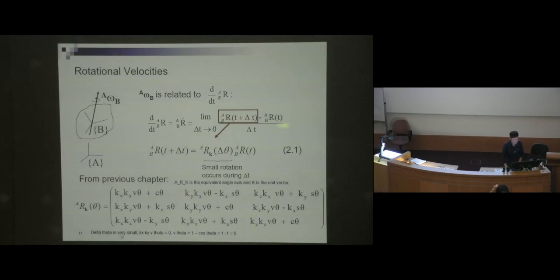So the delta theta is very small. Because the delta theta is very small, the Kx, Ky, the V theta will become 0, and then your V theta, which is 1 minus cosine theta, will eventually be equal to 0. So with all these simplifications,